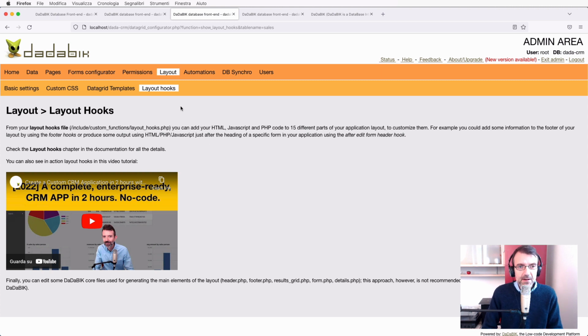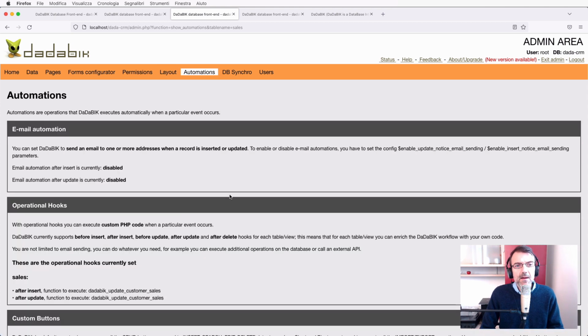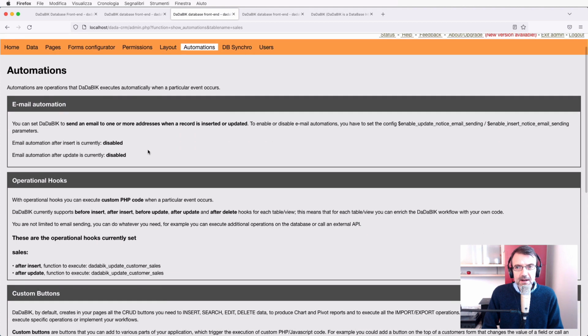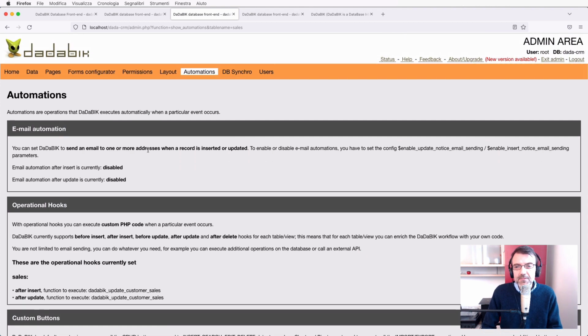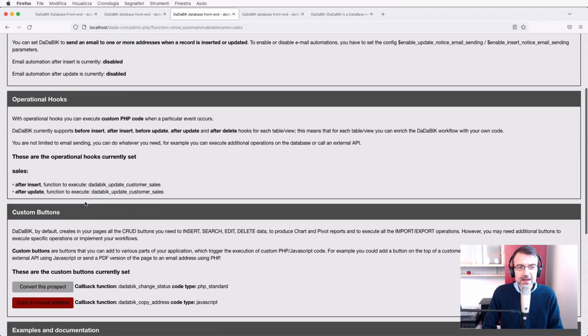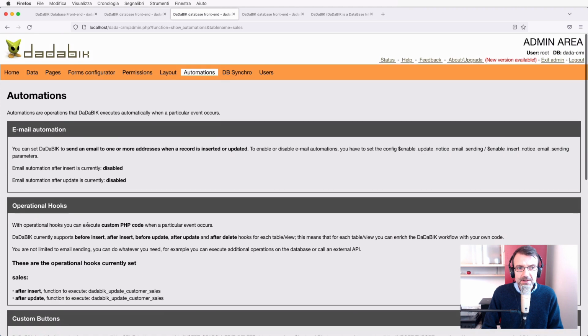Since we are here, let me show you also the new automations tab. This is just an informative page. Basically, I can see some of the automations enabled in DaDaBIK. At the moment, we consider automations basically 3 things: email automation, operational hooks, and custom buttons. From here, I can see if email automation is enabled, and when